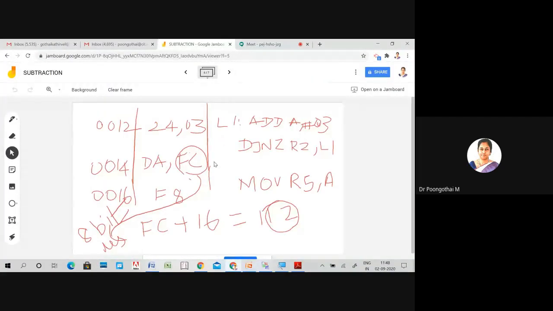So I will explain how this address will be calculated by your controller. Same instructions: L1, that is loop 1, add A comma R0, 3, decrement jump no 0, R2 comma L1.